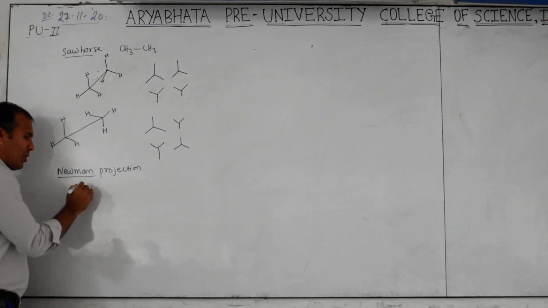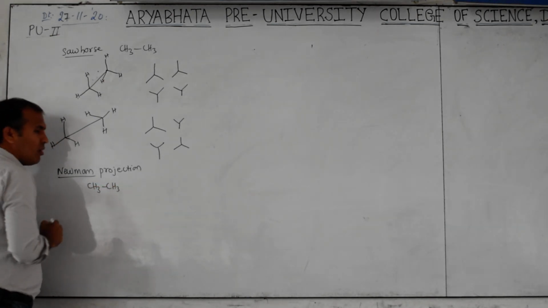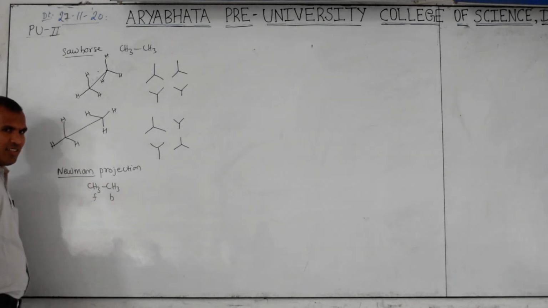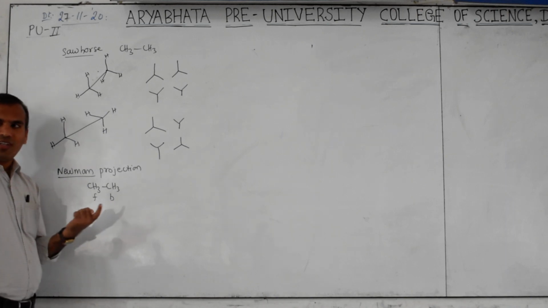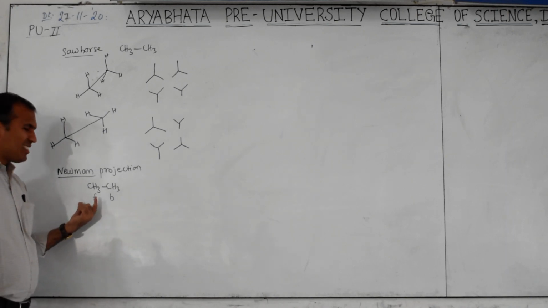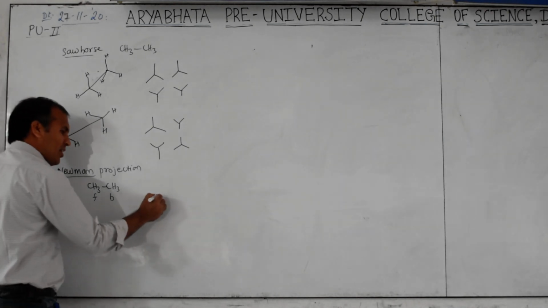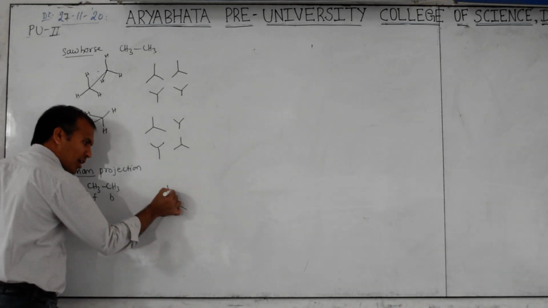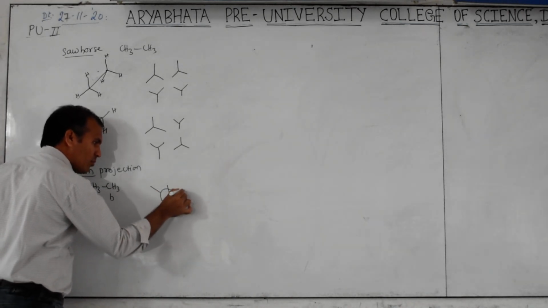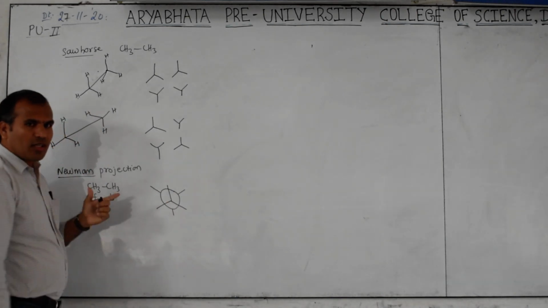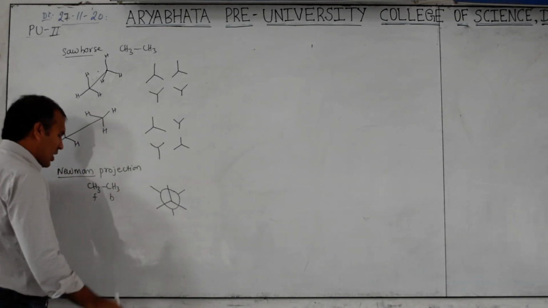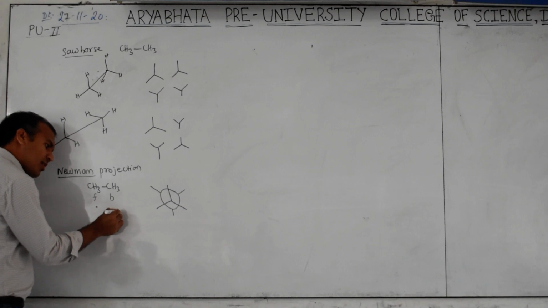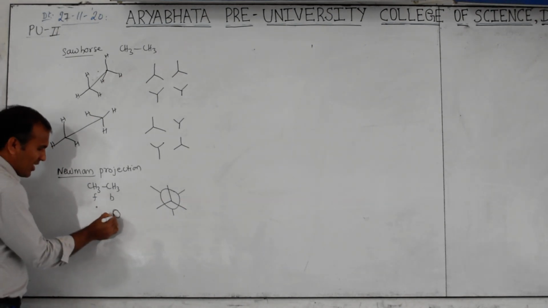Okay. Now again I am taking the same ethane first. Here, for example, this is the front carbon, this is the back carbon. Then it is FB, not Facebook here. So this is front, this is back carbon. Now, front carbon is denoted like this. Away carbon or back carbon is denoted like this. Otherwise, if you want clearly, front carbon is denoted by the dot, away carbon is denoted by the circle. Not look like a circle, you make it a circle.